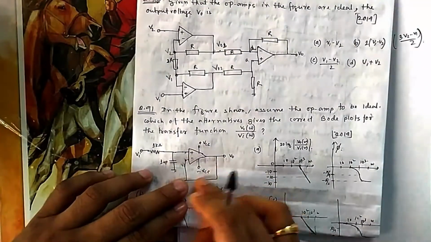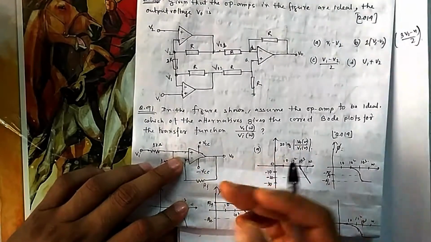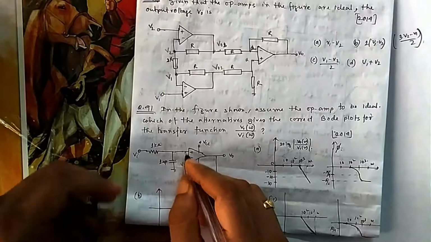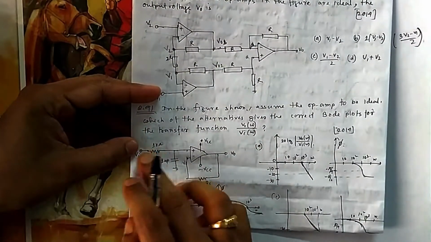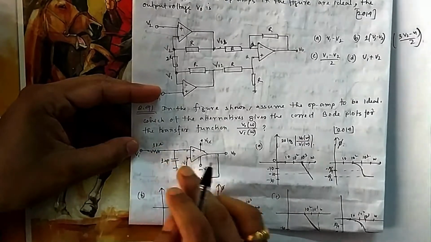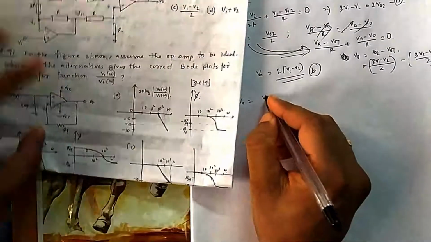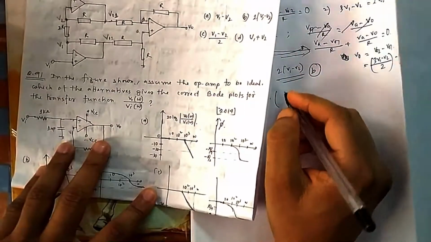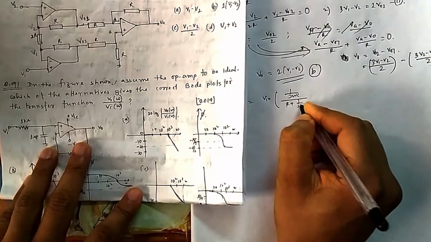You can take nodal here, only one branch. This minus this divided by RF is equal to 0. That means this is equal to this. So what is this voltage? You can take voltage division, Vin is divided into two parts. Voltage across the capacitor is this one. So directly write V0 is equal to Vin multiplied by 1 by j omega C divided by R plus 1 by j omega C. I am directly writing j omega C here, no need to write s also.